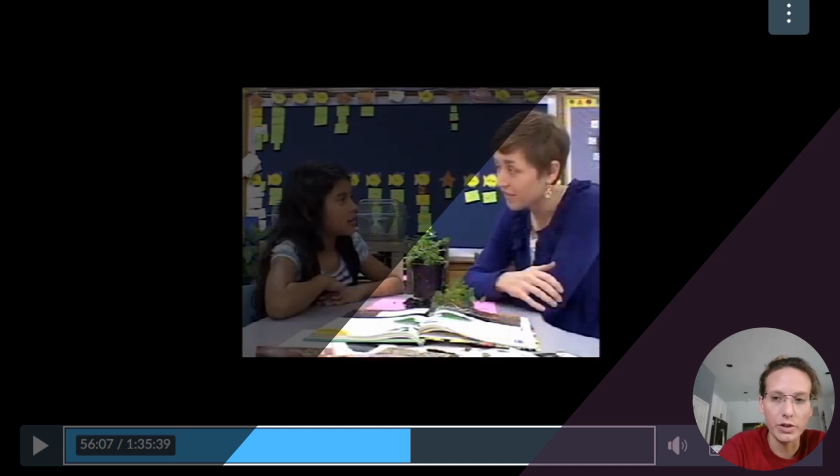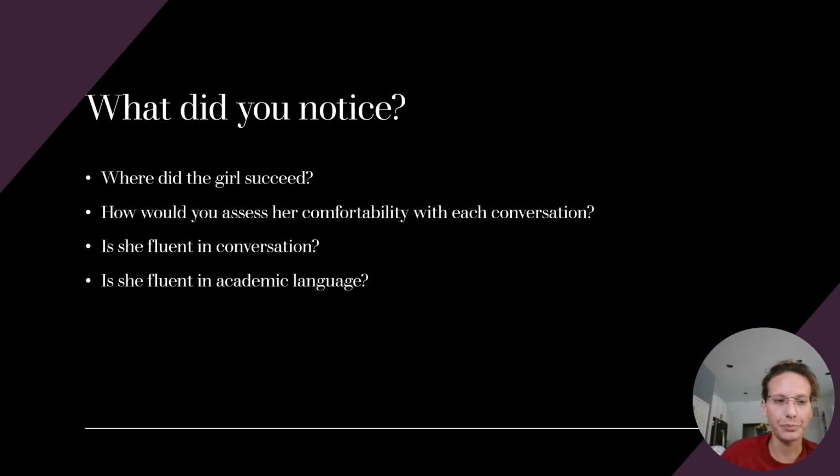This student is about in 1st grade, having a conversation in English with her teacher. She is from Honduras. She grew up speaking Spanish. She basically does really well in the small talk conversational sense, but once we start talking about biology and academic things, she falters. There are a lot of ums. She starts to get caught up in what she's saying. So that's about a 5-minute video.